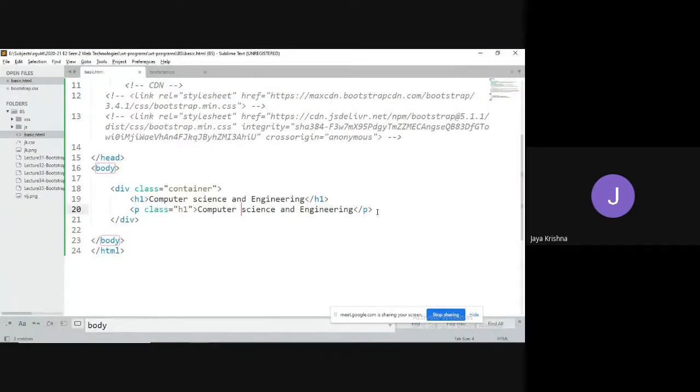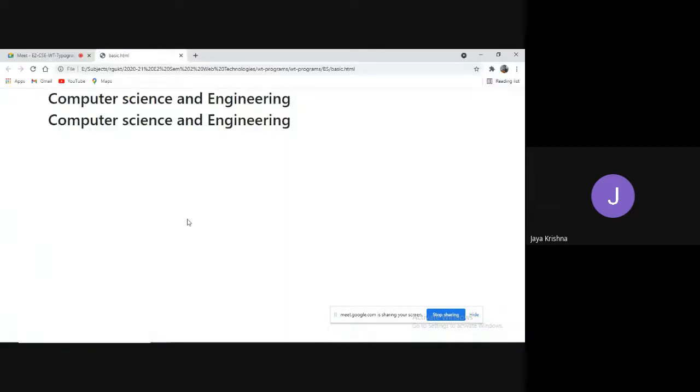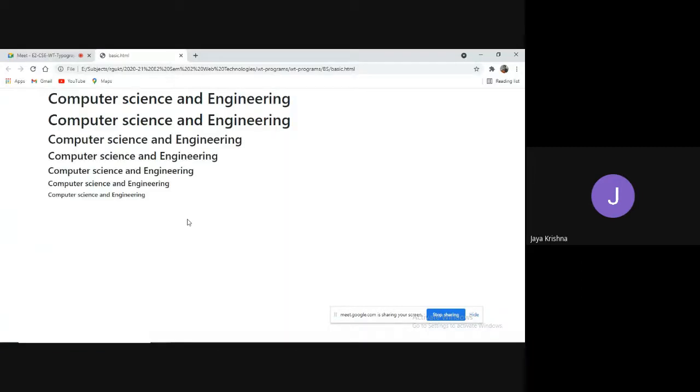What I'm trying to convey here is that we have various predefined classes. Instead of working with headers H1, H2, H3, H4, here we have a predefined set of classes already implemented as part of Bootstrap, so that it varies from one header size to another.